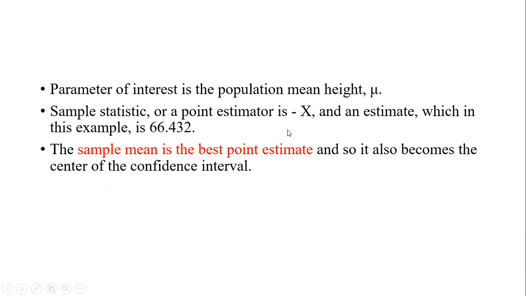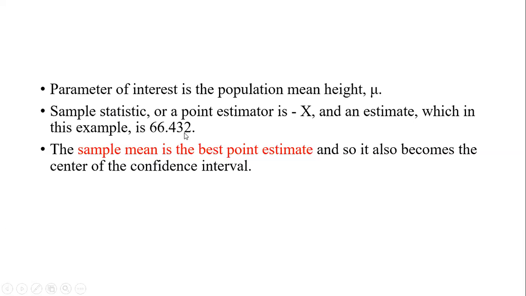So in this way we can conclude it. The parameter of interest is the population mean height. Normally the parameter we are trying to find out in the population is the mean. We want to find the mean of the population, the mu, and we have obtained a sample from that population. So we can find out the mean of that sample, which in the sample, I told you, it is